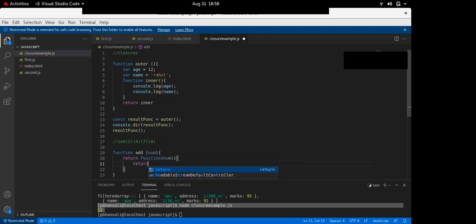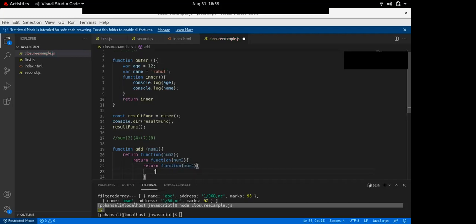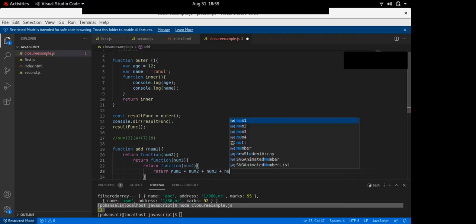And this will again return a function which will take num2, then num3 here, then again return a function with num4, and now this will return num1 plus num2 plus num3 plus num4.